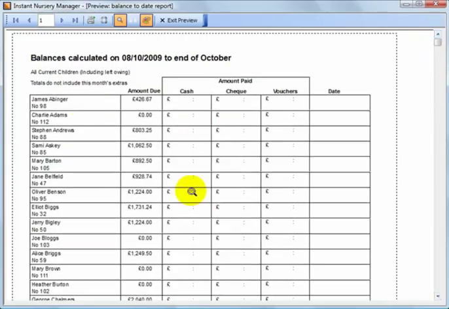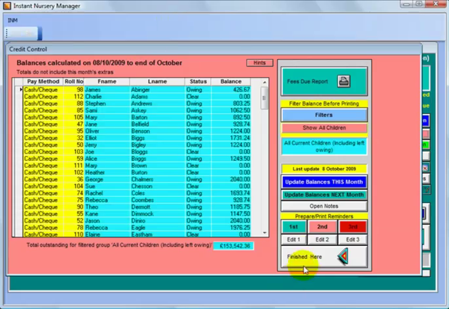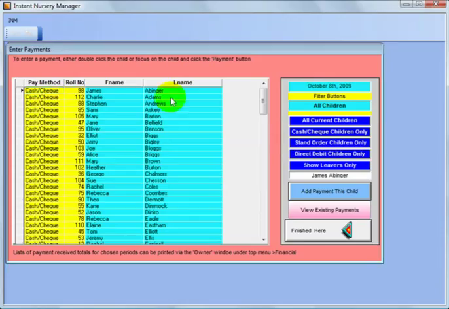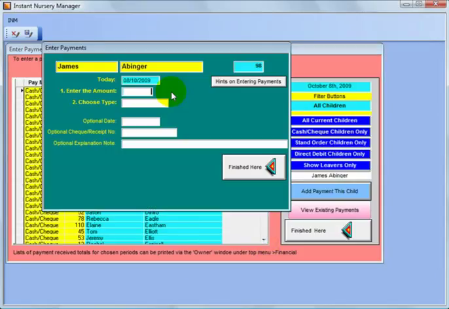Then, as the payments come in, you can record those payments on this sheet here, so that you would have a paper record of any payments coming into the nursery. So all it needs then is a responsible person to pick up that list of payments received, click on the Payments All Children button here, and you'll see a list of all the children in exactly the same order as your sheet of paper. So all you would have to do is double click on the child,